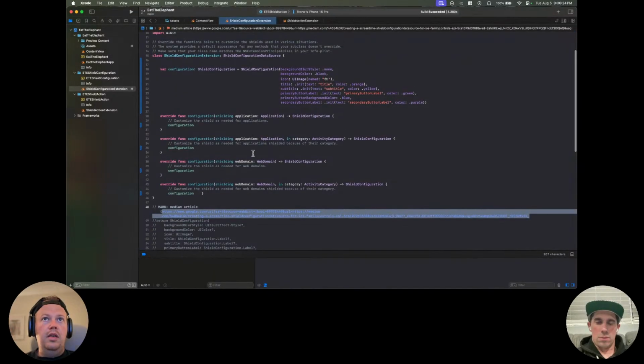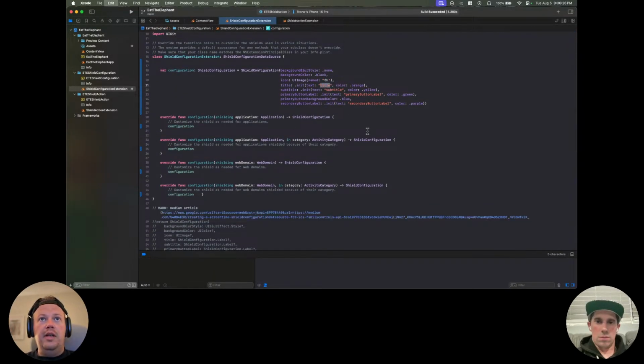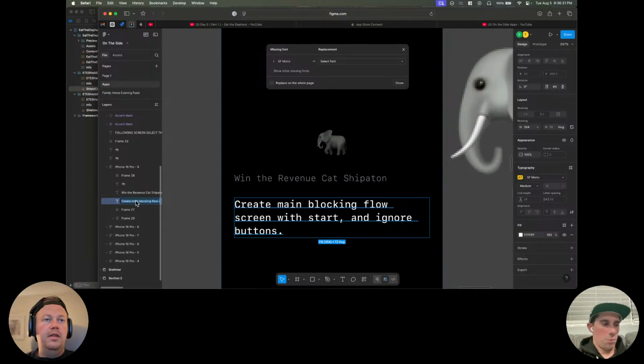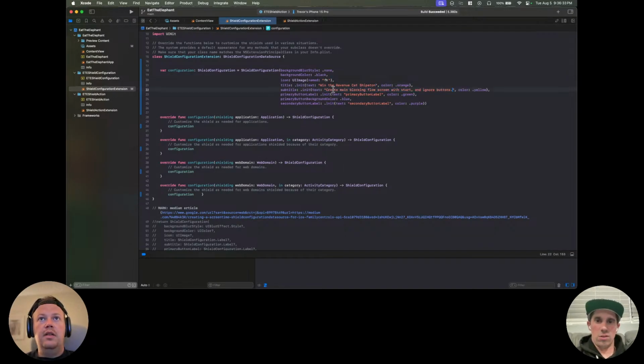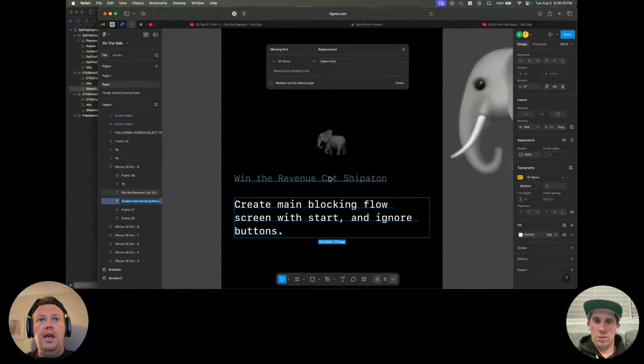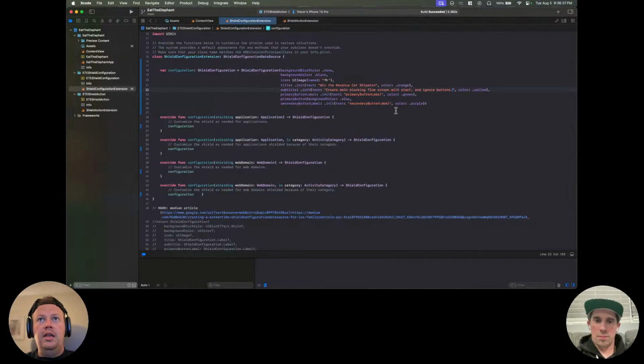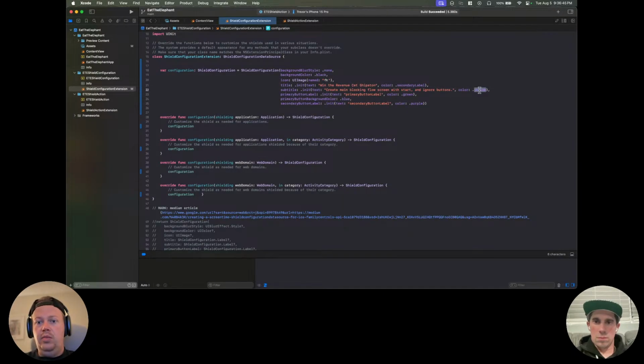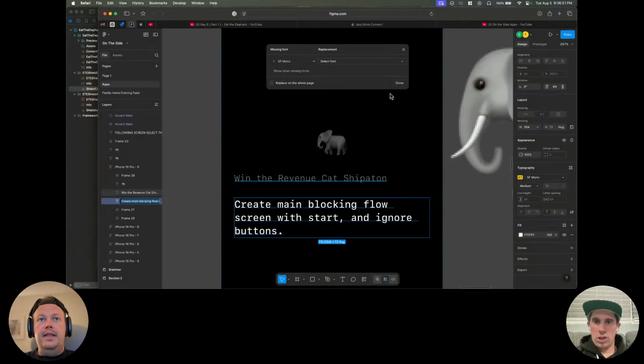Okay. And then the title is going to be, let's just hard code it with this info. Okay. Is that what we're calling it? Elephant? Okay. And then this one's going to be, I guess, secondary label color. I think that's what Apple calls the gray. And this one can be primary, or that,